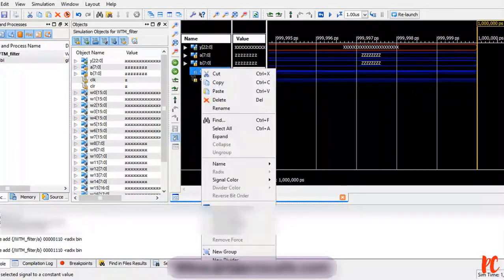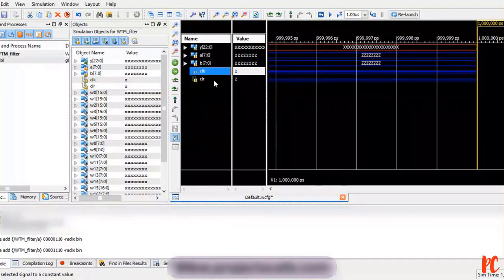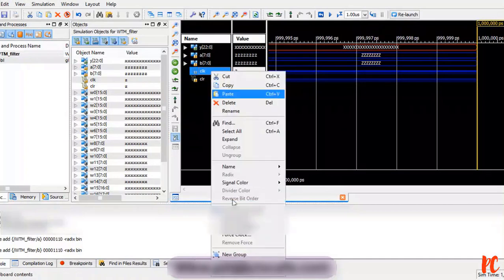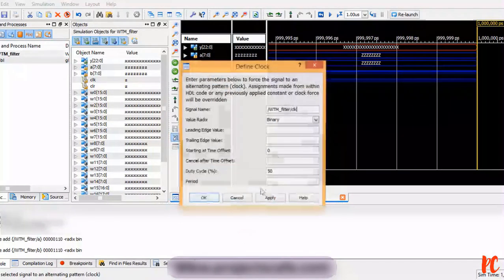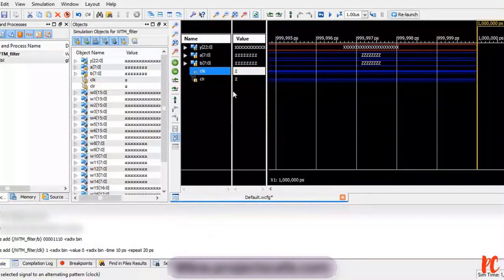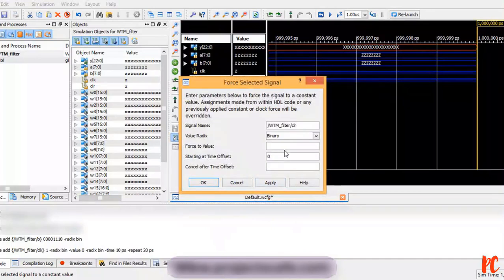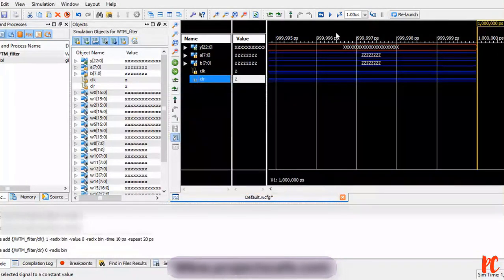Clock signal I am giving; I must give a clocking signal, 1 as my leading edge and 0 as my trailing edge with a 50% duty cycle, followed by a 20 period signal. Initially I am giving a clear value as 0. Now let's run it.